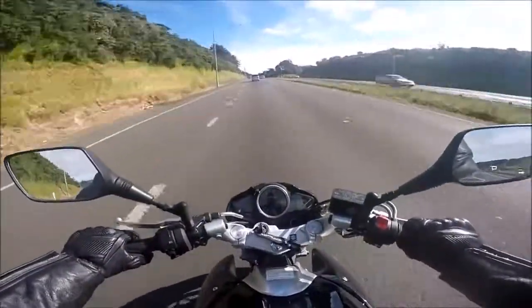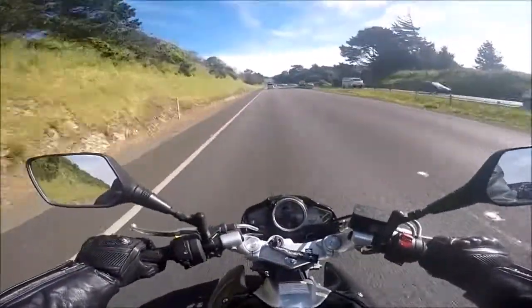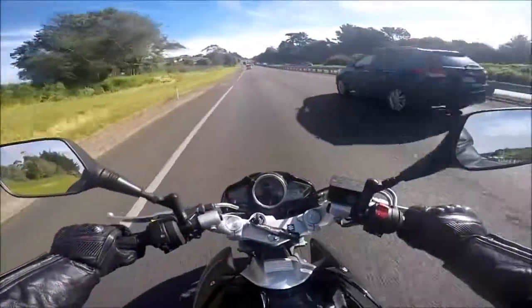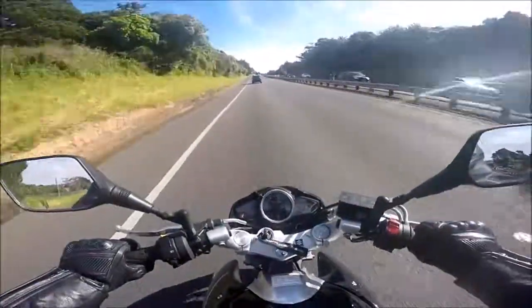So keep upright as possible and don't freak out. If the bike loses traction, don't freak out. I've come up behind a row of traffic, down an off-ramp,